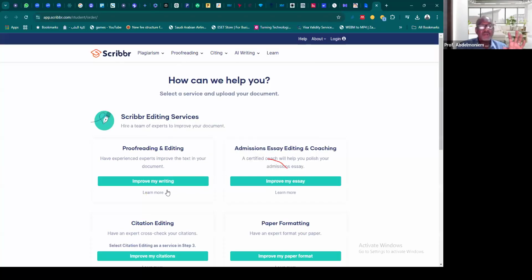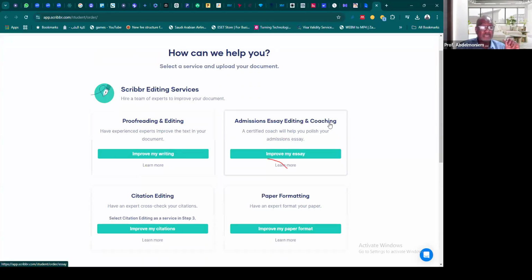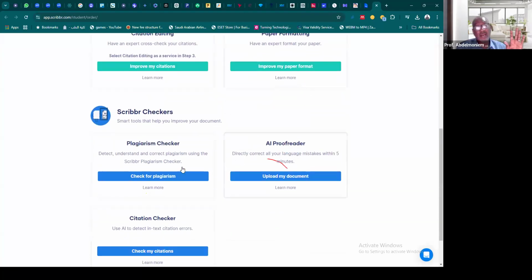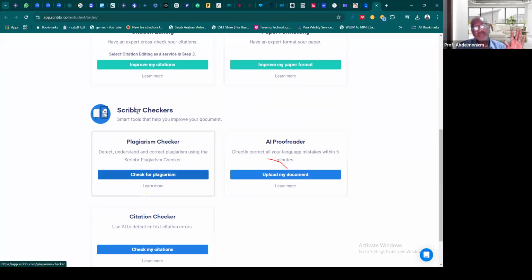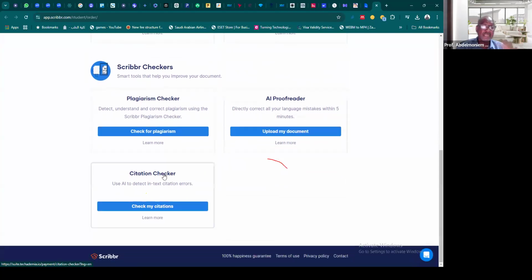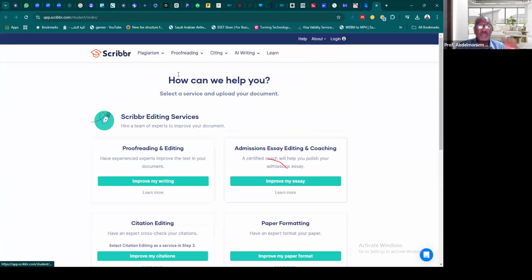As you can see, there is proofreading and editing, easy editing and coaching, citation editing, paper formatting. You can check for plagiarism because this is a Scriber checker. You can upload my document and proofread. You can check citations. So it's a suite.